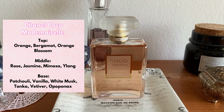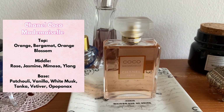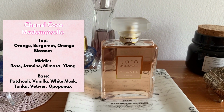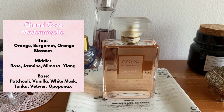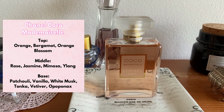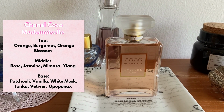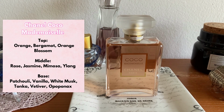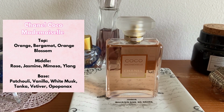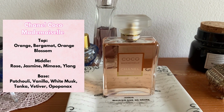The middle notes or the heart is floral. It consists of ylang ylang, rose, jasmine, and some other flowers that I can't really smell, to be honest. And then we have the base, which is what really defines Coco Mademoiselle, in my opinion. And it's an ambery patchouli base with a lot of musk and just enough sweet vanilla to sweeten it up